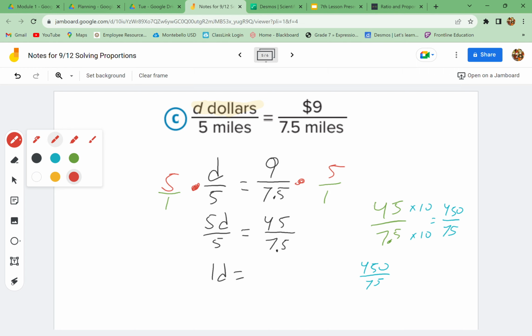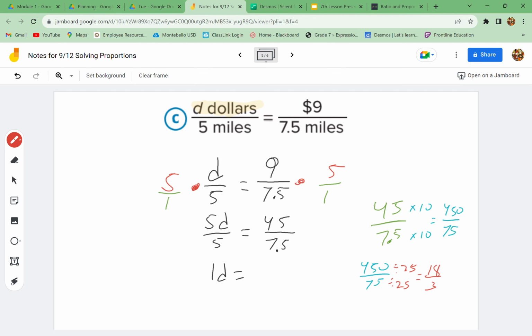450 and 75 kind of remind me of quarters. So what I could do is divide by 25. I have to ask myself, how many quarters are in each one of these? So 75 cents has 3 quarters, so that's why I have 3 here. Now 450, I have to be more creative and think about, well, 100 has 4 quarters. Since it has 400, that'll be 4 times 4, which is 16 quarters, but 2 extra quarters. That'll be